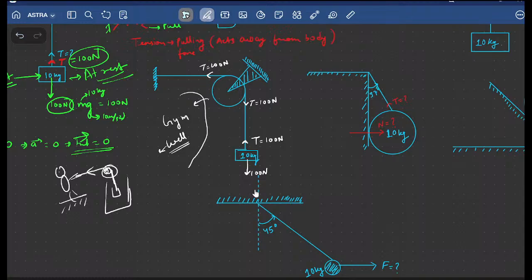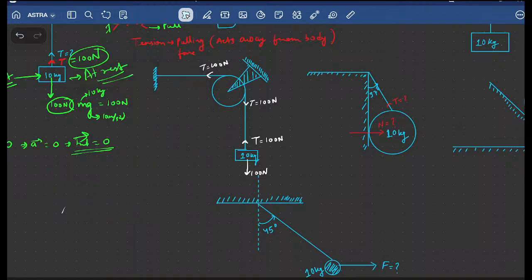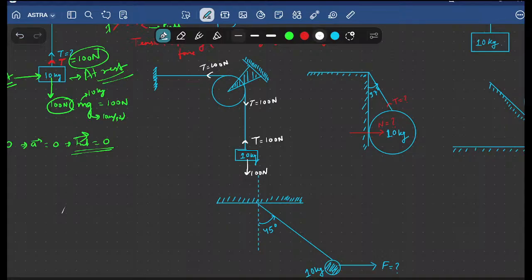Now, if somebody asks you to define a pulley, what will you tell? Can anyone from your class define a pulley? Any senior student? So a pulley is a mechanical device which changes the direction of force without changing its magnitude. You can write it down if you want. This device is called a pulley. Here I'm talking about ideal pulleys, right? Ideal pulleys are frictionless and massless.